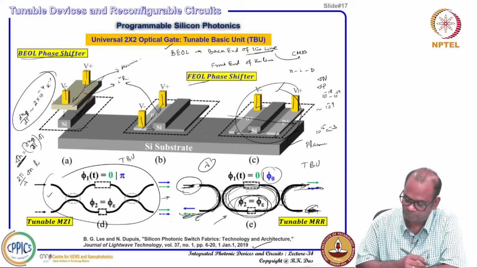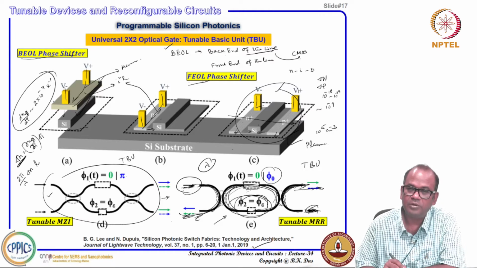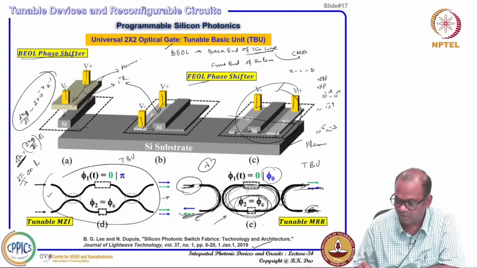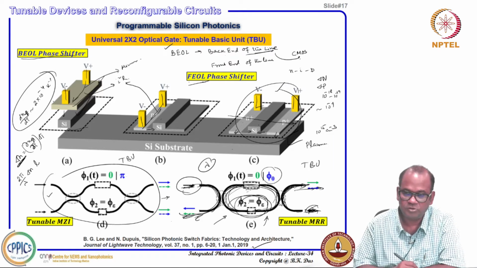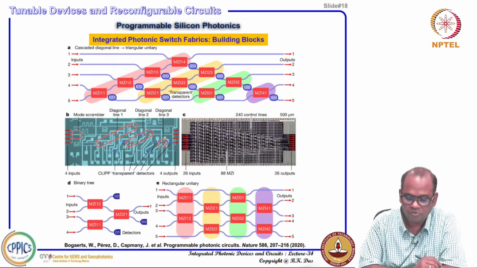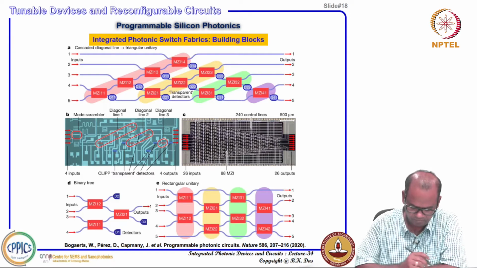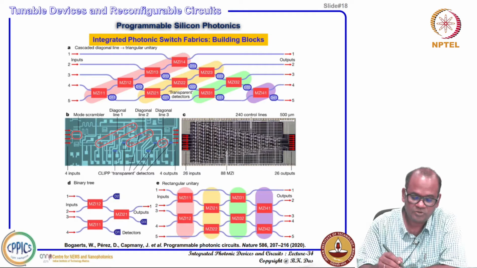silicon photonics platform, right. So, this is the TBU. As I mentioned, this TBU can be a Mach-Zehnder interferometer, a 2 by 2 Mach-Zehnder interferometer, that is a perfect thing, but one can also try, for compactness purpose, a micro ring resonator based TBU, which is very much lambda sensitive. Good. Now, here is one example, again taken from this paper in Nature, where they have shown how an integrated